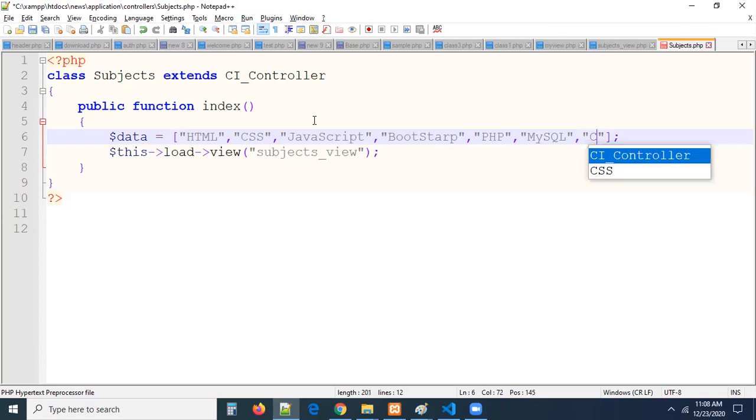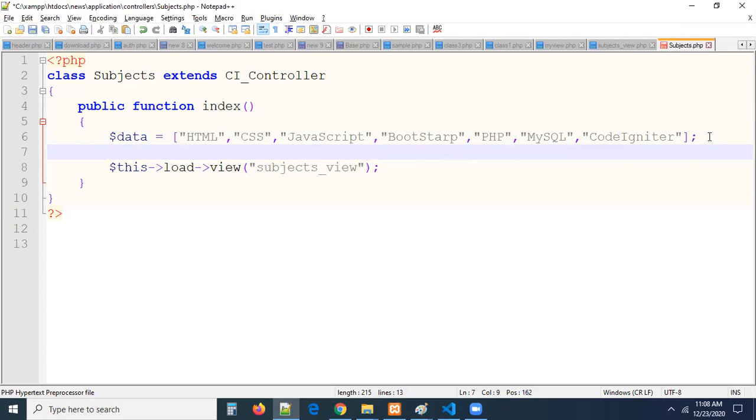Let us take CodeIgniter. I'm taking some subjects this time. These are all the subjects we have, guys. Now, what we need to do? This data, we have to send it to a view now. How can we send data to a view? That's a question, guys. If you want to send data to a view, we have to use an associative